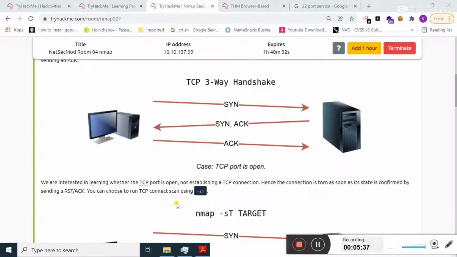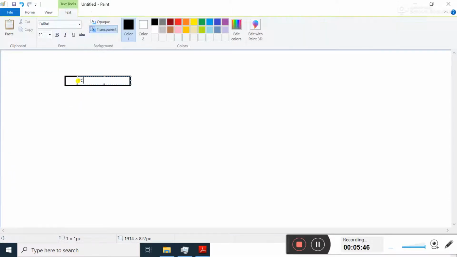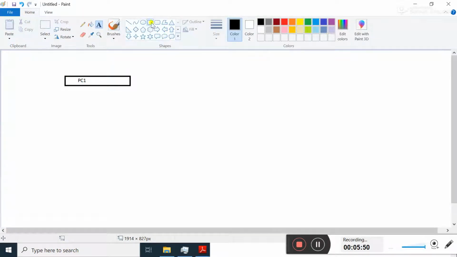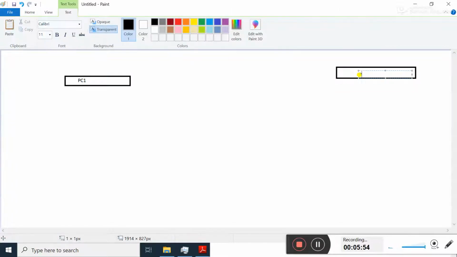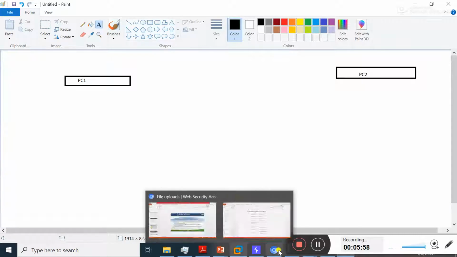I'm going to open this software and let's see. Here the PC is present, that is PC1. Now the second PC is present here, that is called PC2.